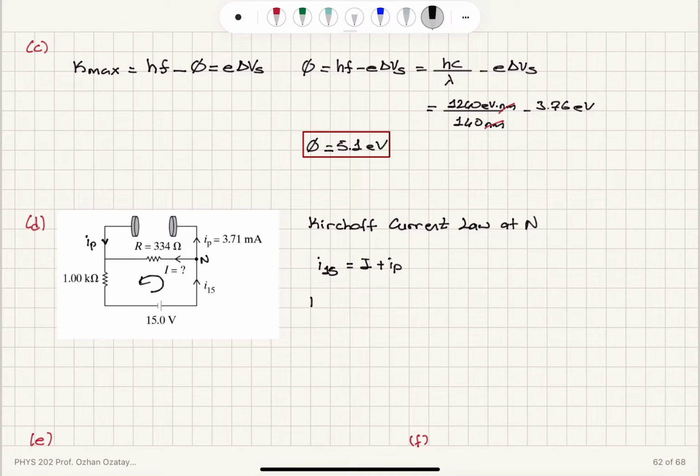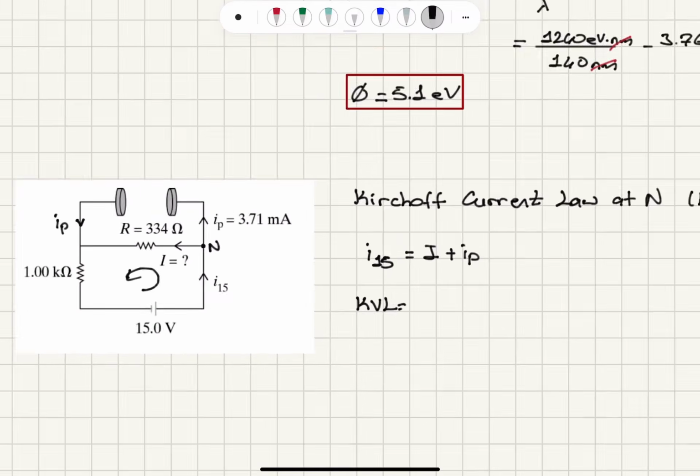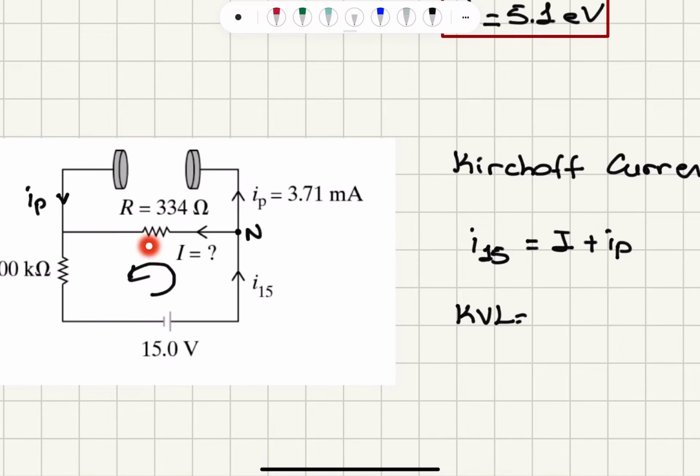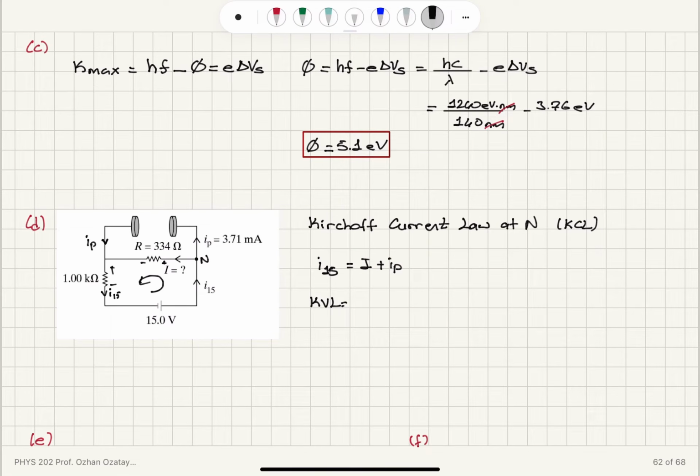And if I do Kirchhoff Voltage Law, KVL, this is KCL. If I do Kirchhoff Voltage Law for this loop here, you can see that if you follow the current, this is plus minus, this is basically I15 flowing here, plus minus. So if I write the total potential starting from this point N and ending at this point N, this will be I times 334 ohms plus,